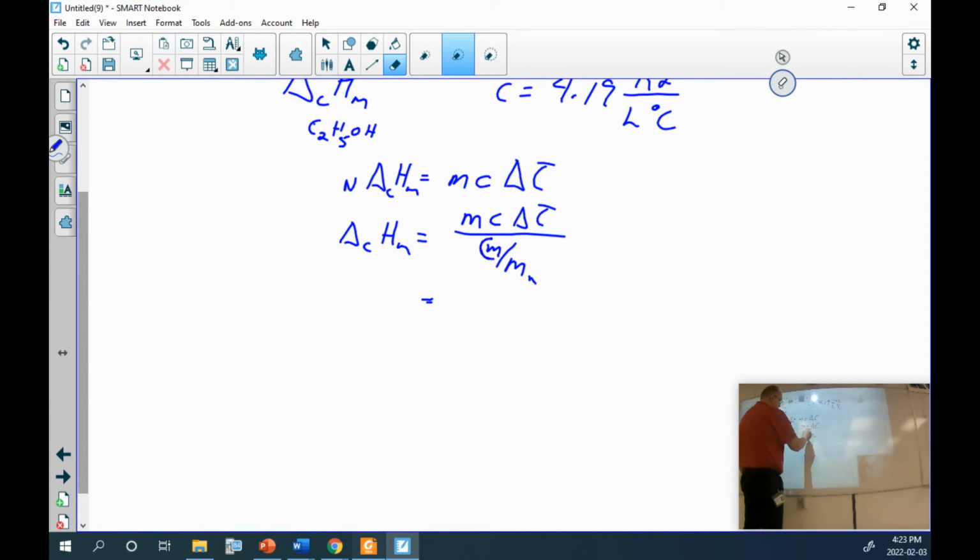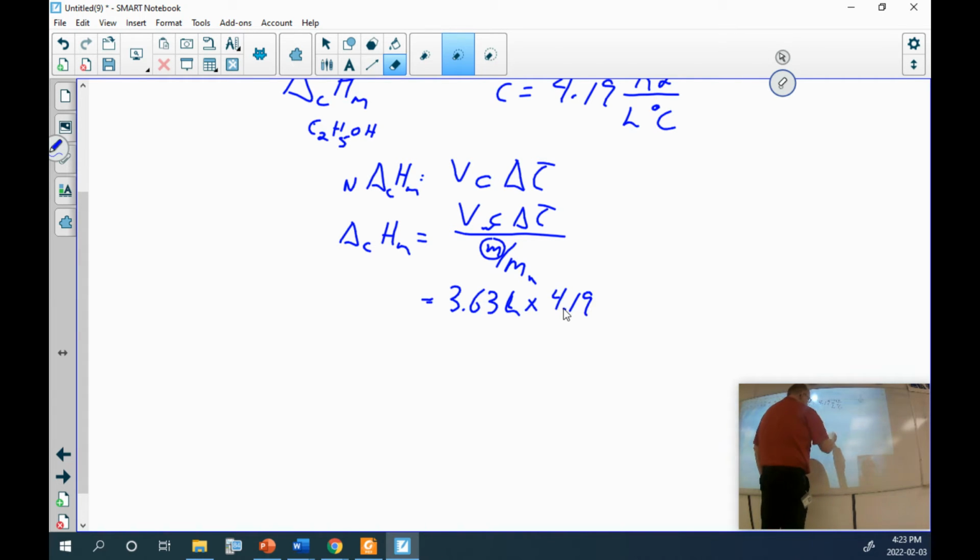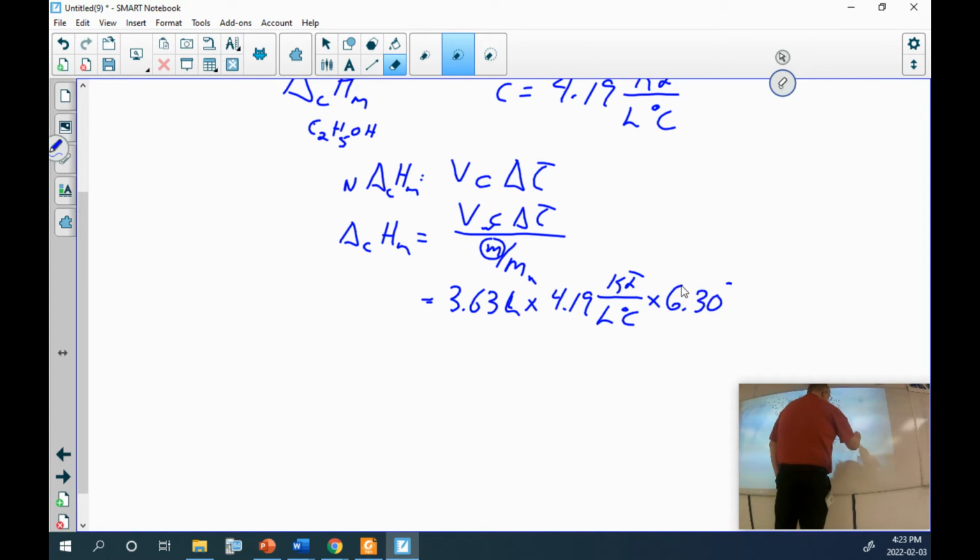So this is the mass of the ethanol. This is the mass of the water, or in this case, the volume. I guess I should put it with a V. We have our 3.63 liters, 4.19 kilojoules per liter degrees Celsius times 6.3 Celsius over